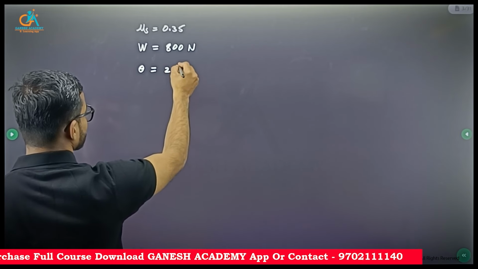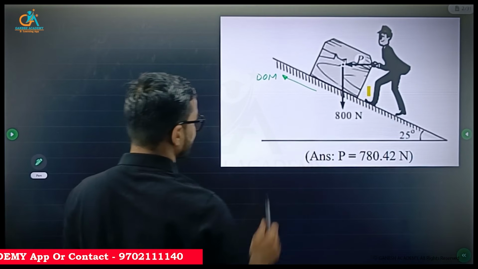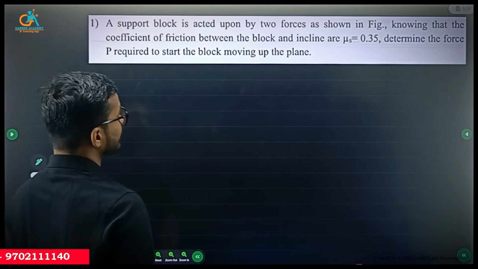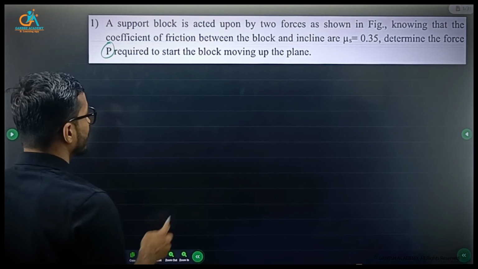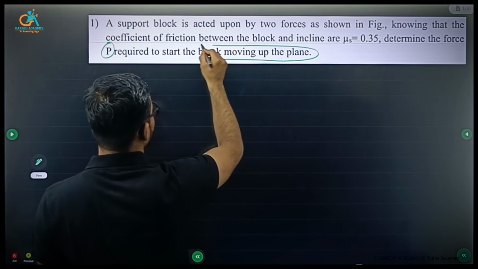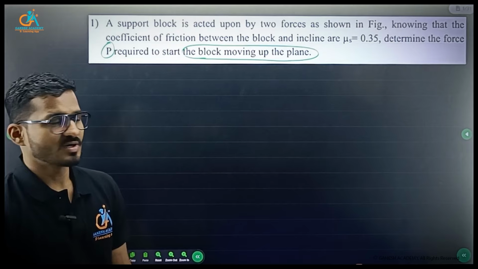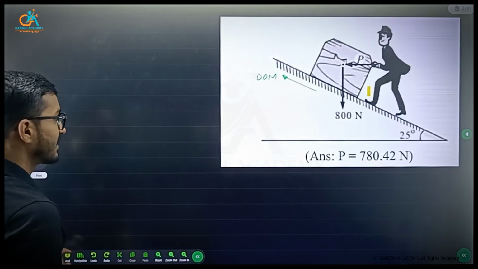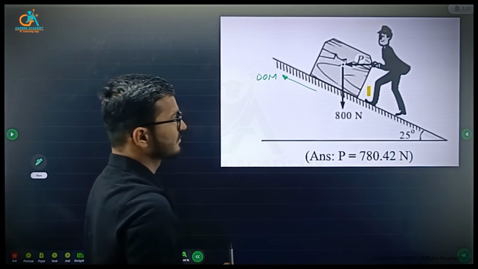That angle with the horizontal is 25 degree. So to find is the force P to start the block moving up the plane. So this is important. हमें find करना है force P ये block को move इस डायरेक्शन में करने के लिए।